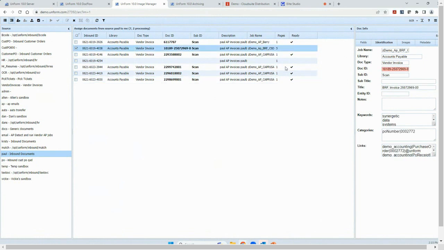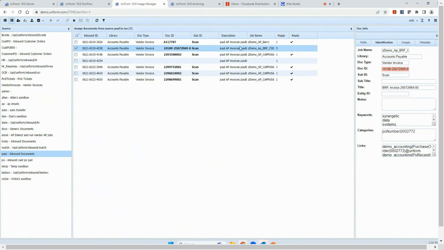But these, we got a couple that failed what we call validations. And those validations could be any number of things. In this example, we've got an invoice that came in and we detected that it was a duplicate. So we've already processed it once before. So this would remain in Image Manager as an exception. And so someone would come in and take a look at it and take whatever corrective action is necessary. Is it in fact a duplicate or not? So whatever corrective action is needed would take place there.